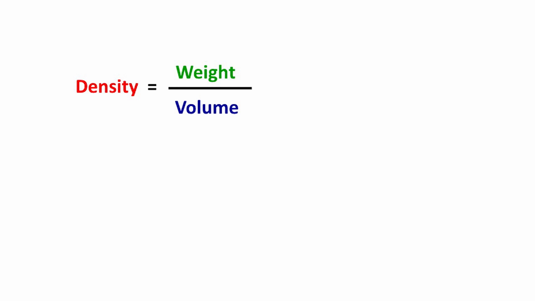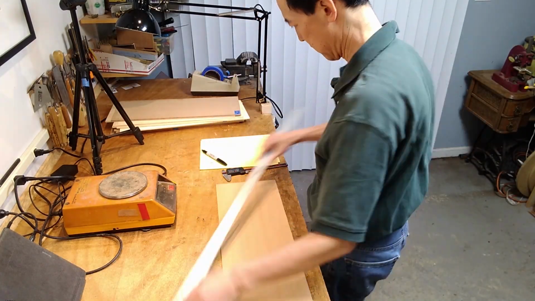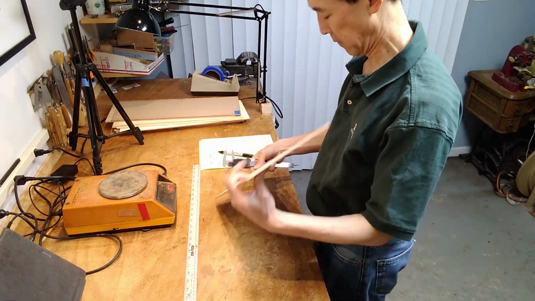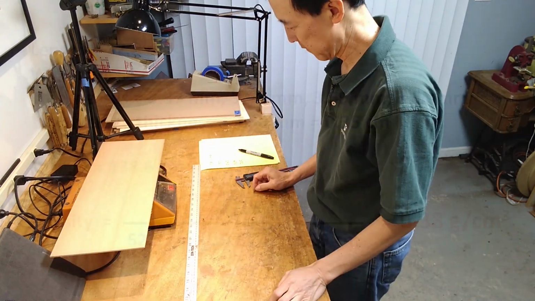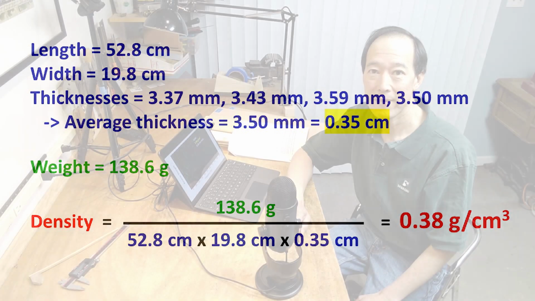And I'm going to show you how to calculate density for a soundboard. What you need for it is a ruler, a caliper, and a scale. And feel free to pause the video so that you can do the calculation on your own. Now that you know how to calculate density, let's take a look at how these two samples with different